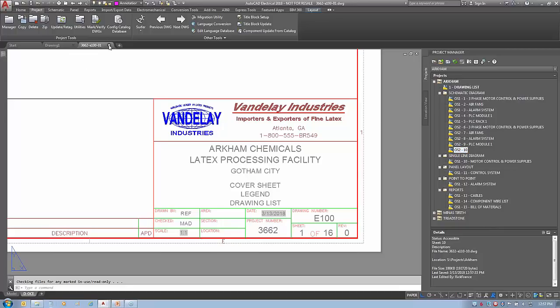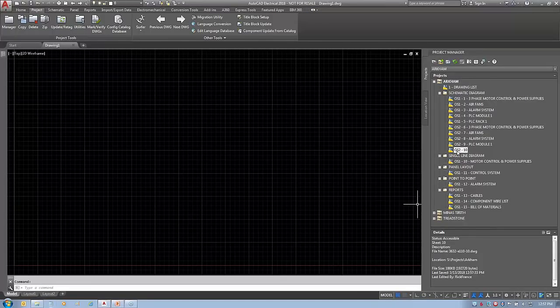So for this particular one, I'm going to go ahead and close this drawing. First, I want to rename it. I can't have it open to rename it because remember this one's a different project number. So I'm going to right click on it and do rename. And I'm going to change it from 3632 to 3662. So I don't see the rename there, but I do see it down here because of the way I'm looking at it. Next, I'm going to go ahead and open it,